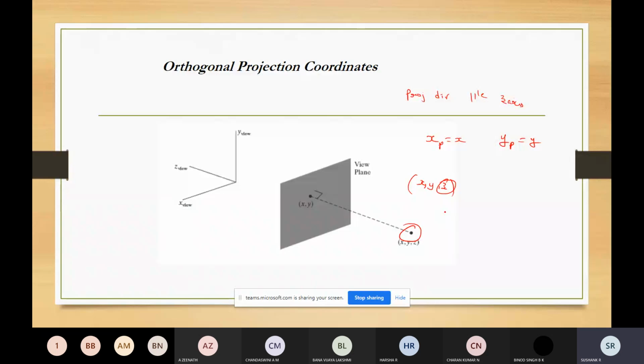So the projection coordinates will be xp equal to x, and yp equal to y.